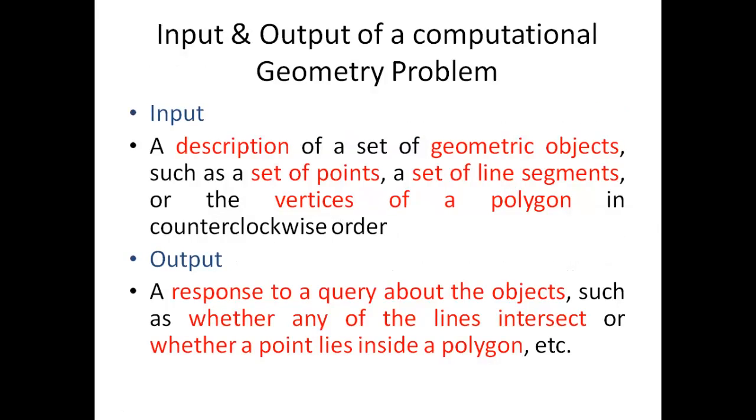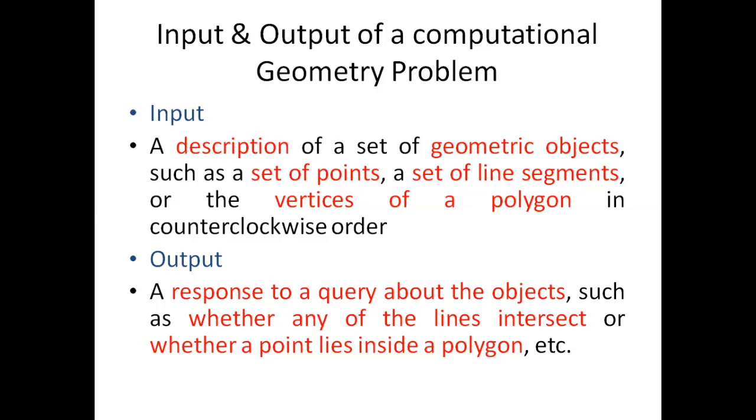Now let us try to understand what is the input to a computational geometric problem and what is the output. The input to a computational geometric problem is a description of a set of geometric objects. You may think of a geometric object as a set of points, or a set of line segments, or the vertices of a polygon. So these can be the different types of geometric objects, and the output may be like a response to